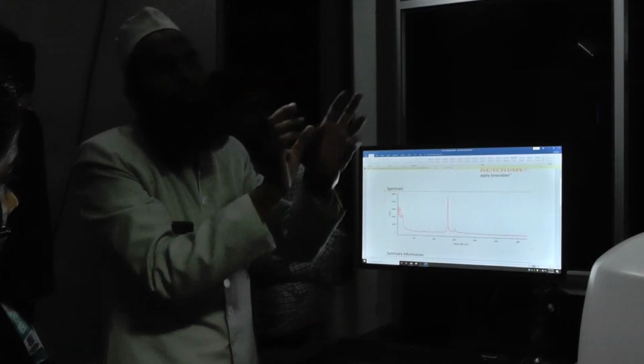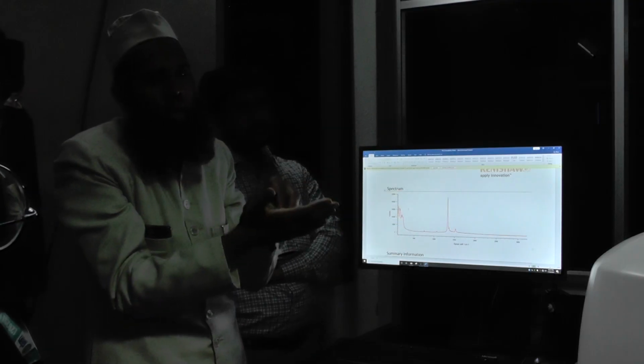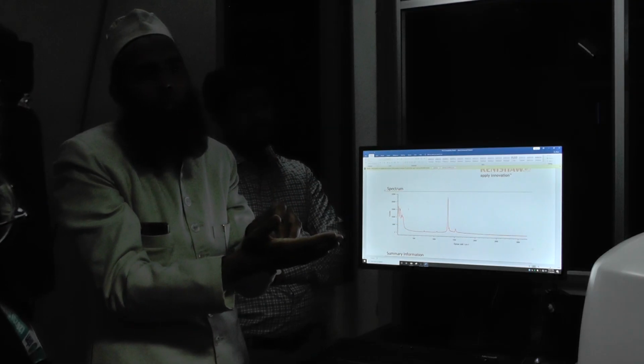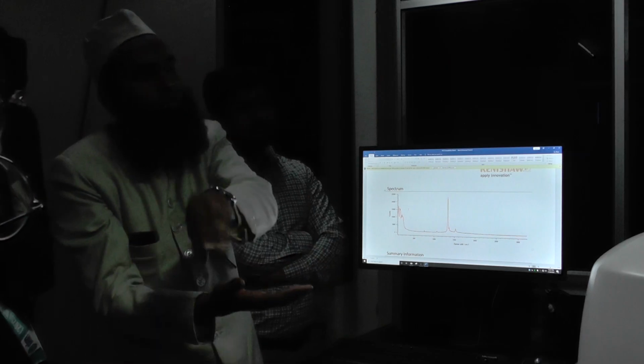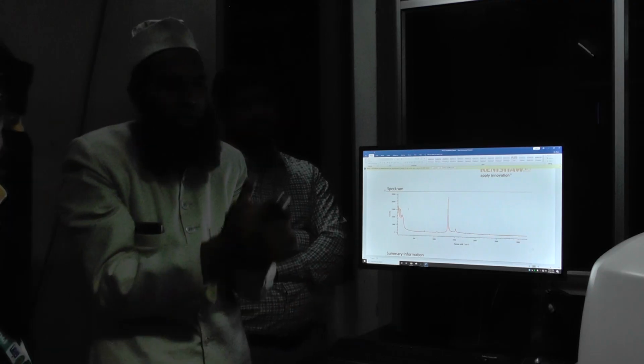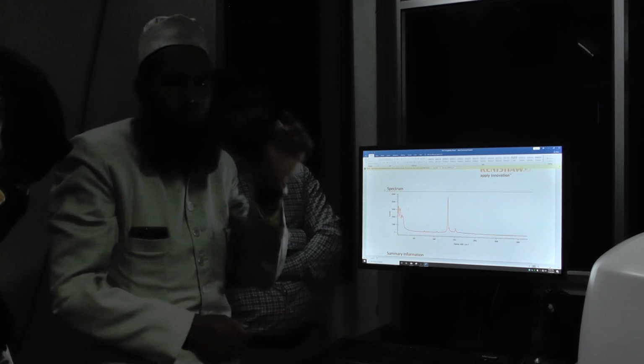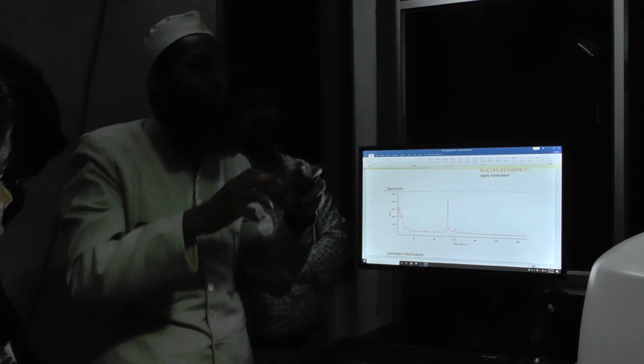Then after you reduce this graphene oxide, what is the meaning of reduced graphene oxide? For example, you convert the COH group into another functional group, like the amide group, or into an ether group. So there you do the reduction. In that case, the D band is more prominent because there is more defect.